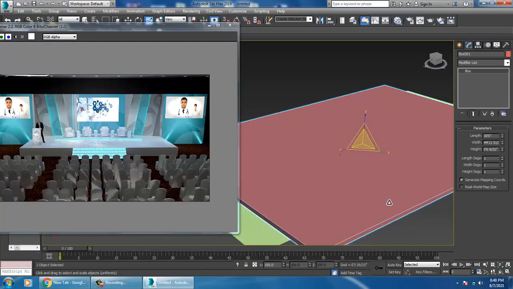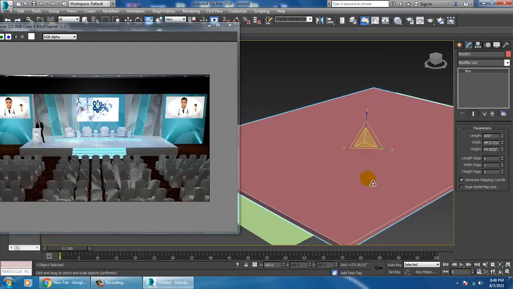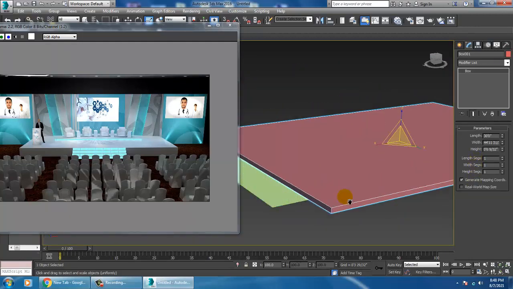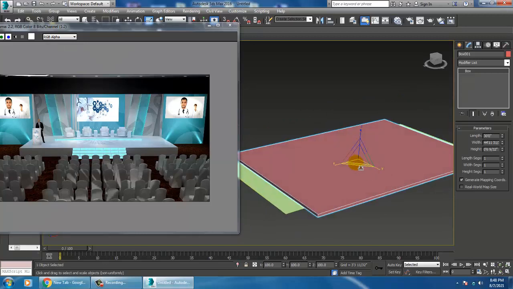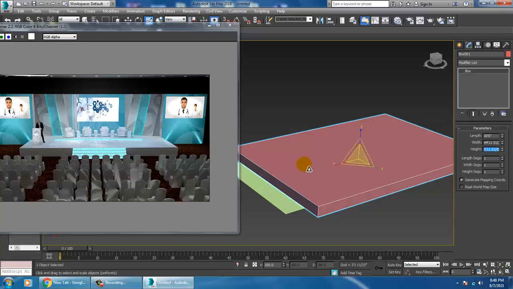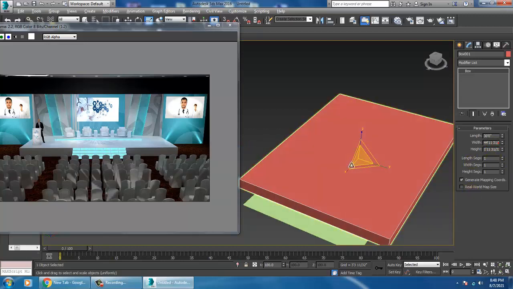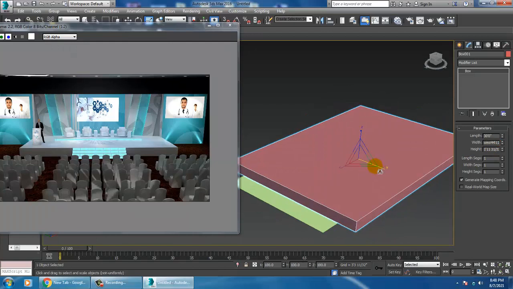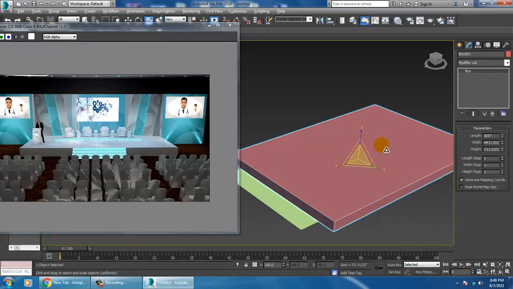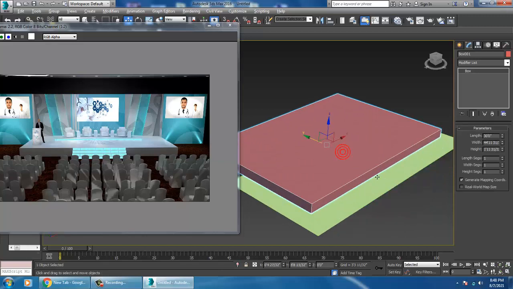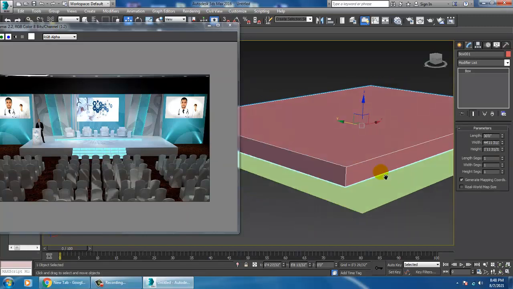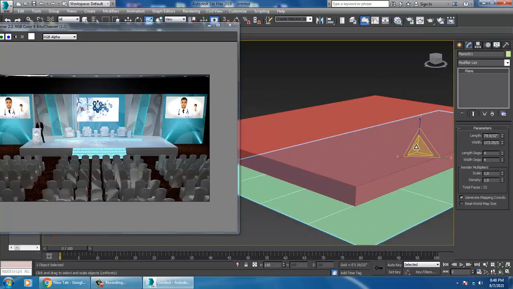And the height, we can set around 2 feet. If you want, you can increase its size.